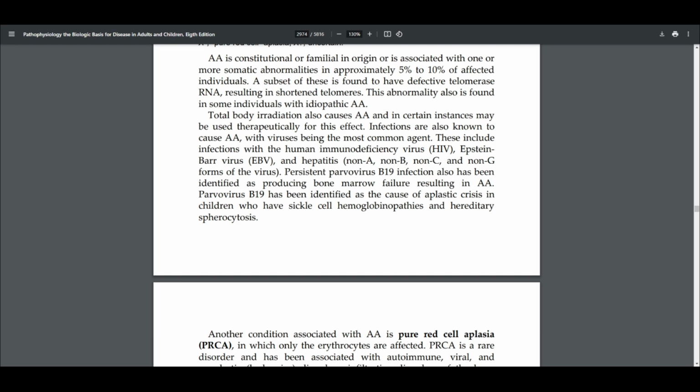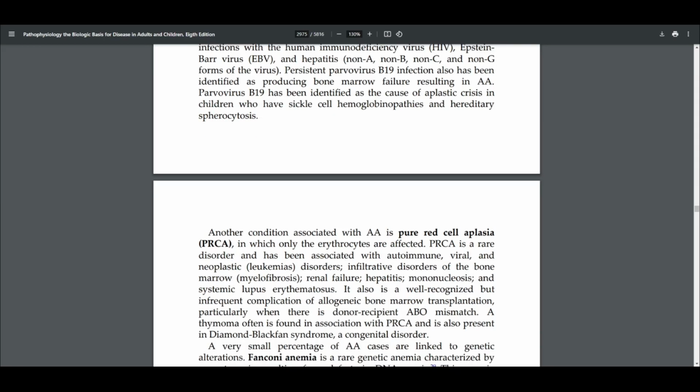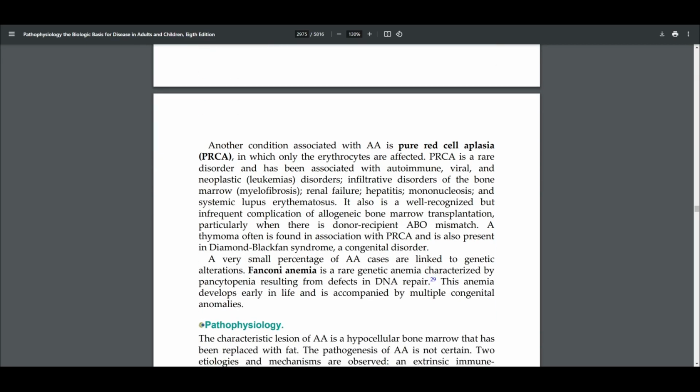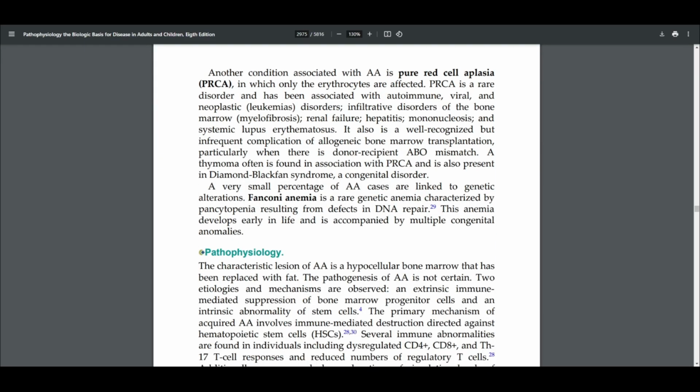Parvovirus B19 has been identified as a cause of aplastic crisis in children who have sickle cell hemoglobinopathies and hereditary spherocytosis. Another condition associated with AA is the pure red cell aplasia, in which only the erythrocytes